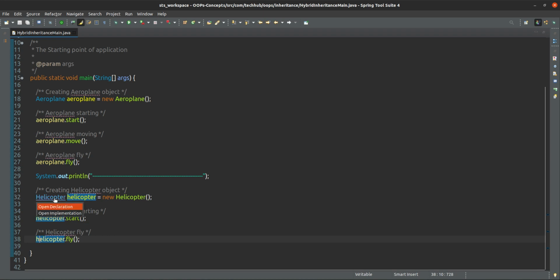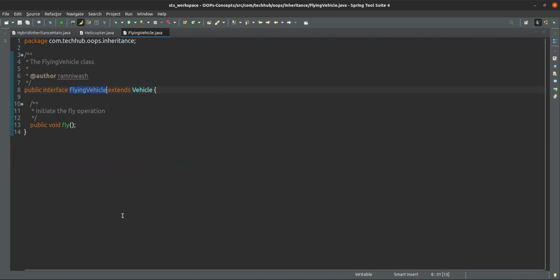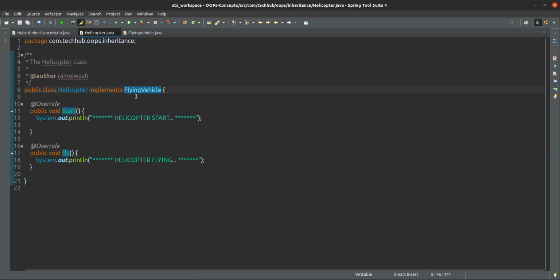So if you see helicopter, it is implementing only flying vehicle, and flying vehicle is only implementing vehicle. So this is a multi-level inheritance. Vehicle is not inheriting anyone. Flying vehicle is extending vehicle, means flying vehicle is inheriting vehicle, and helicopter is inheriting flying vehicle.